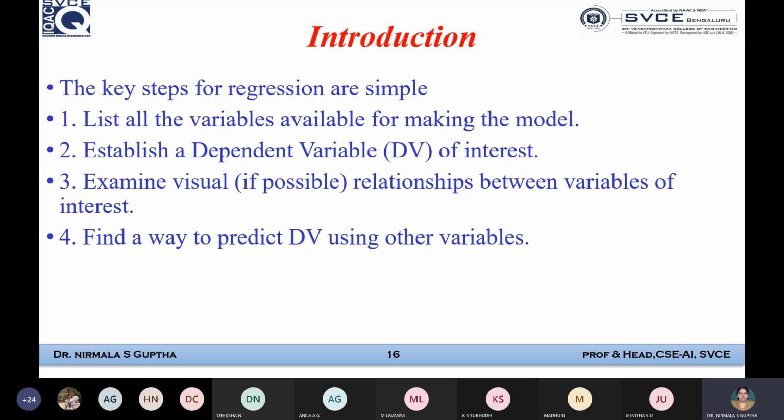That is, whenever the variables which we are trying to use may move together in the same direction or towards the opposite direction. So the same direction means a positive relationship, the opposite direction means a negative relationship. So therefore, a very good measure of correlation,